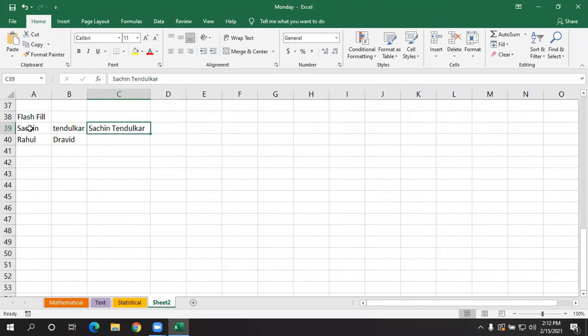See, Sachin is in different cell, Tendulkar is in different cell. Okay. Here I have combined it, but you can see here this T is in small letter, but here I have entered in caps. Now what I want is I want in this cell as Rahul Dravid. Means here Sachin and Tendulkar is in different cells. I have combined it in the same format. I want here as Rahul Dravid. You have to select these two cells. You need to select here fill, select here flash fill. So this is one method, and another method is another example I'll give.